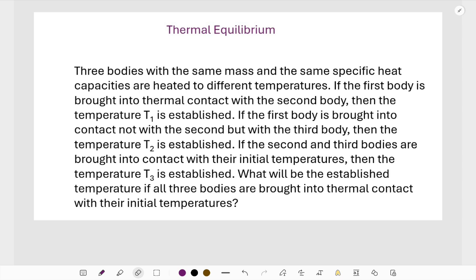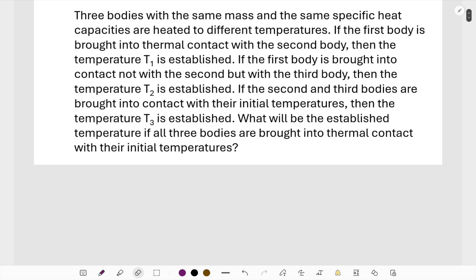So let us denote first that the initial temperatures of the first, second and third bodies are simply capital T1, T2 and T3. These are the initial temperatures of all three bodies. They are all different. And the desired steady state temperature when all three bodies are brought into thermal contact with each other is, say, theta. This is the final required temperature when all three bodies come into thermal equilibrium